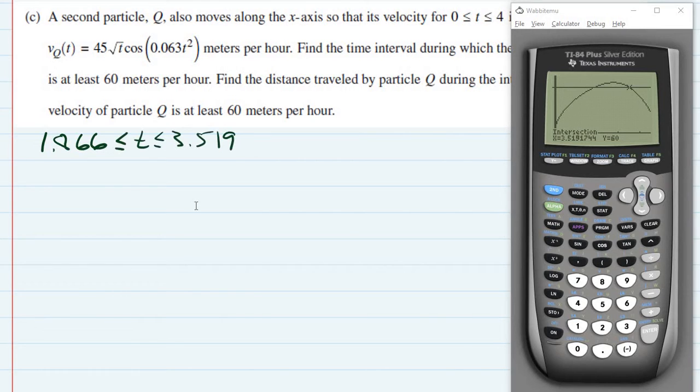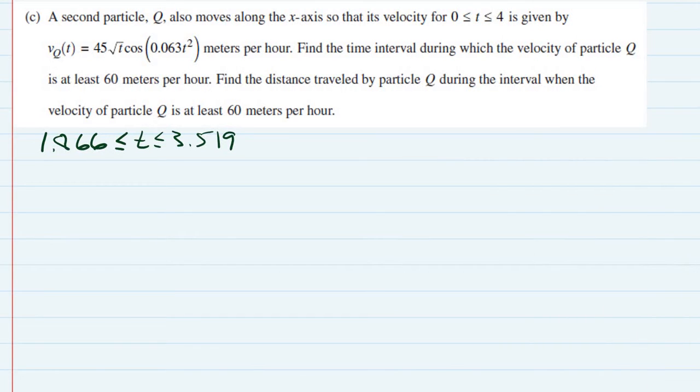3.519. So the interval over which the particle is going at least 60 meters per hour is the interval from 1.866 to 3.519 hours. Okay, so we'll write that out as an answer for the grader. So we'll say that 1.866 to 3.519 is the interval